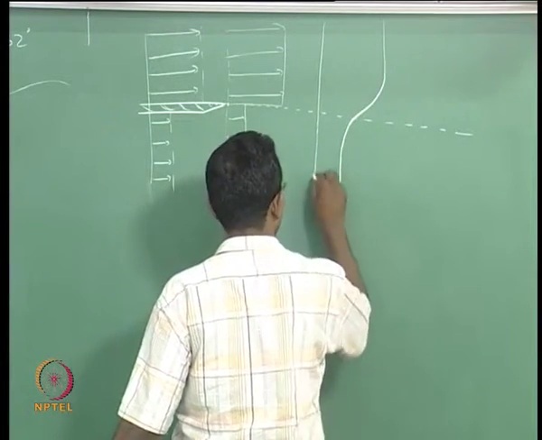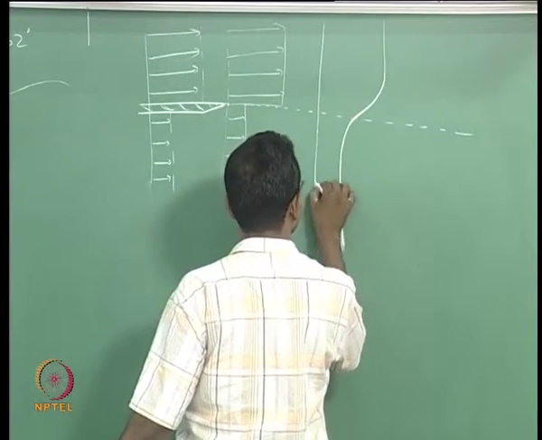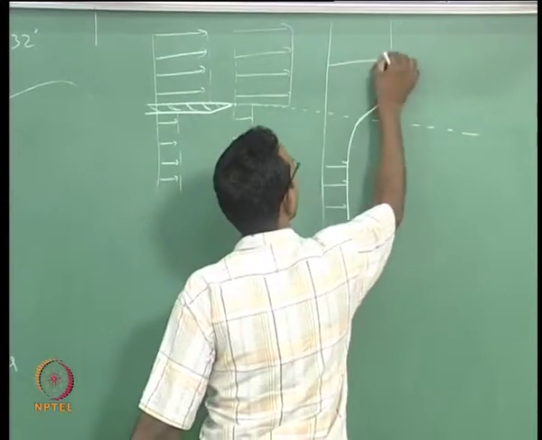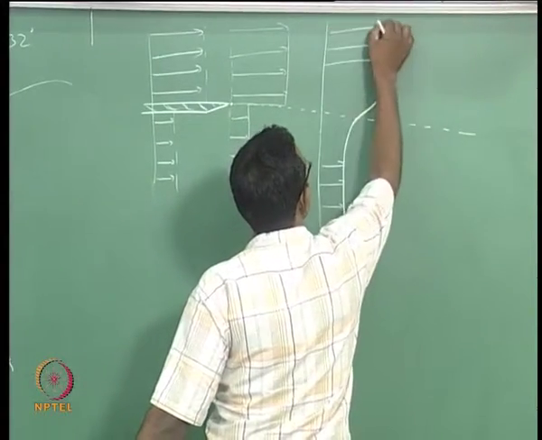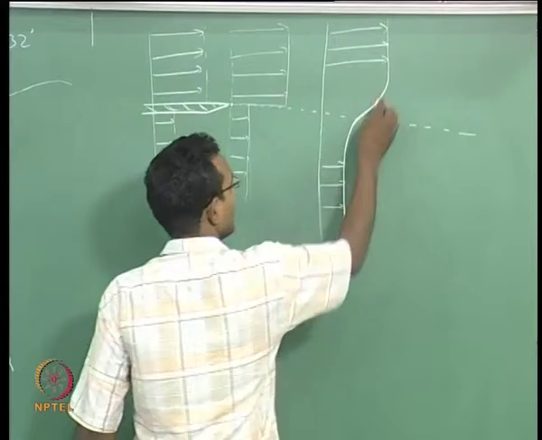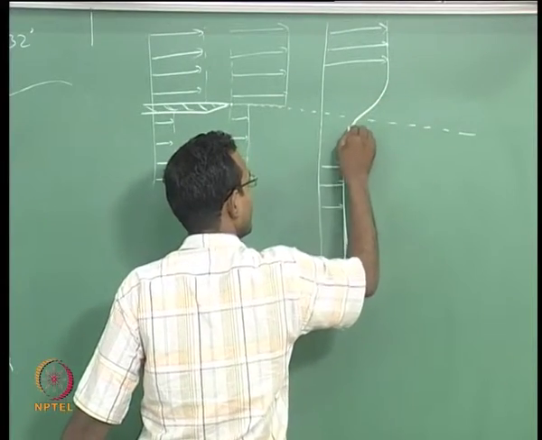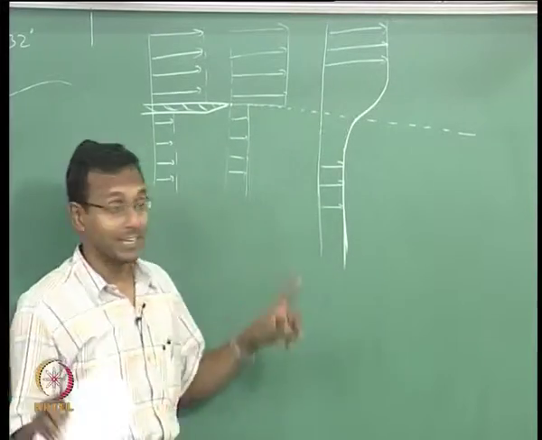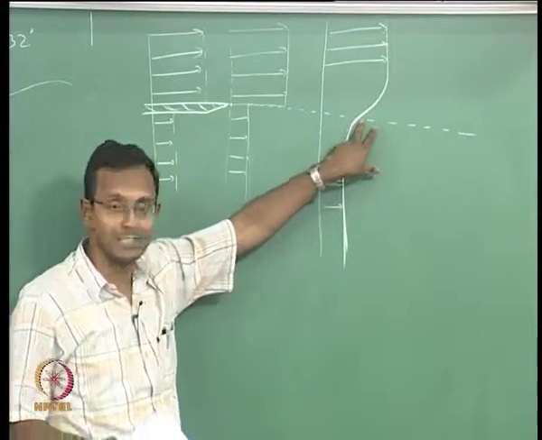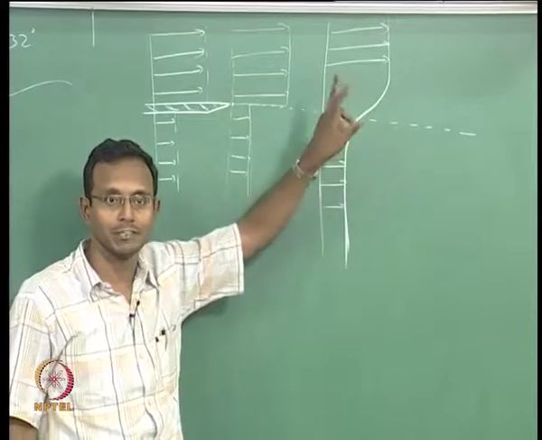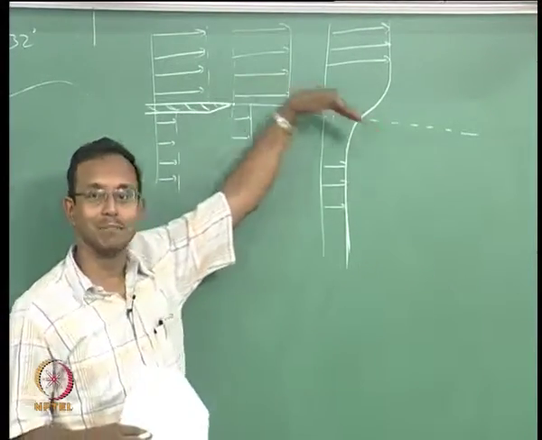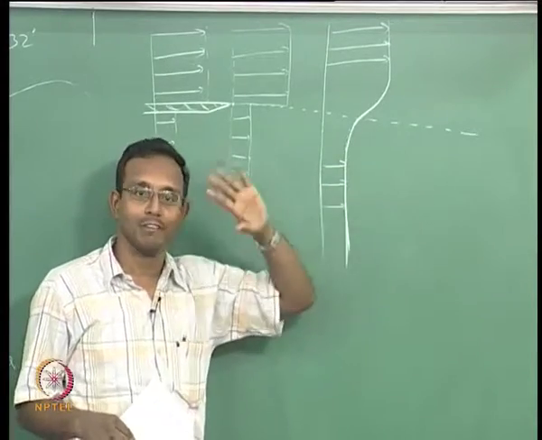I will have my velocity profile looking something like this. Far away the values are same as before, even here far away the velocity values are same as before, but now there is a whole bunch of fluid elements which have a velocity gradient. Of course, still the highest velocity gradient is at the center line. But I have drawn that the center line is dipping slightly. We will worry about that later.